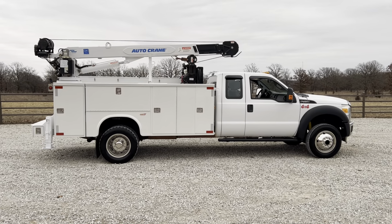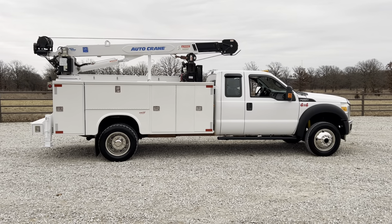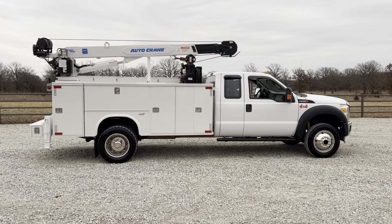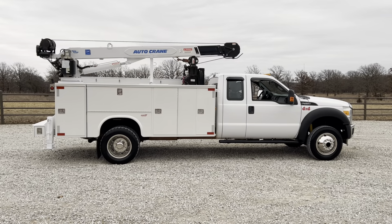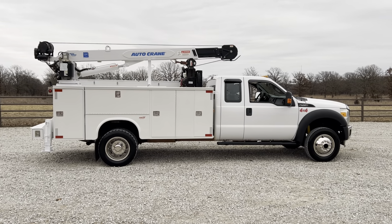I do want to share a little bit about it with you today. It's a little bit cool this morning, but hey, we don't have any snow or ice, so we can't complain. Just came in from western Oklahoma. It's a one owner truck,